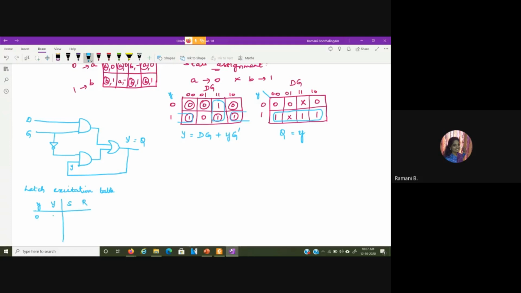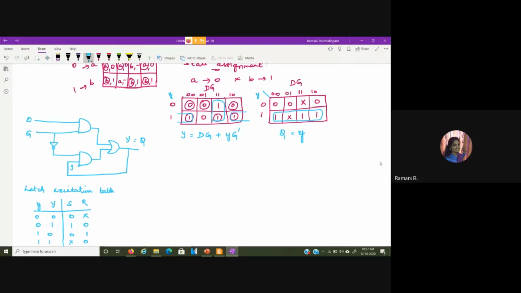For 0, 0, it is no change or the reset condition. For 0, 1, it is set condition. 1, 0, it is reset condition. And for 1, 1, again a no change or the set condition. This was what we had.